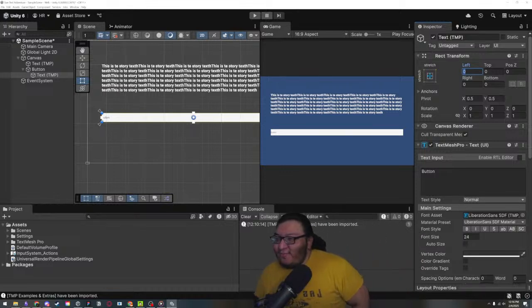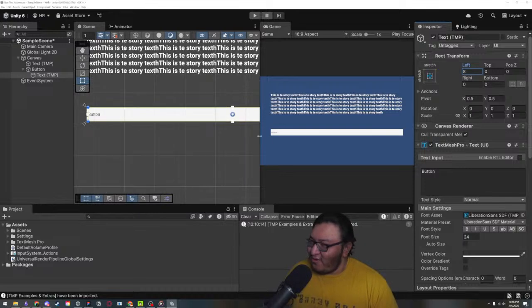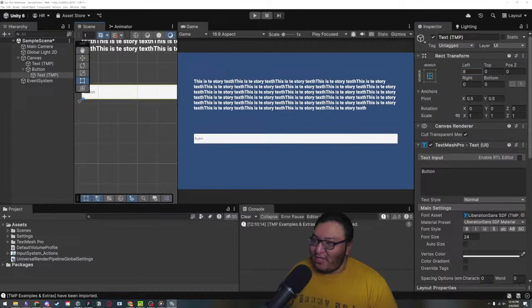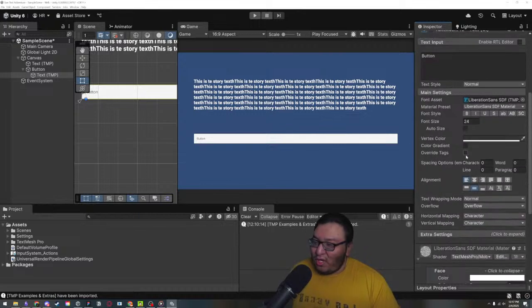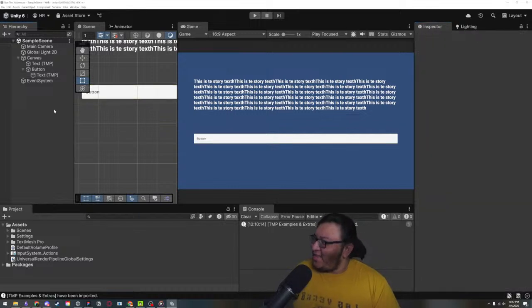Okay, so I'm going to start off with 8 pixels, and then you see it's still over here in the game view. It still looks too small, like not enough space. So let's add 16. Still slightly not enough space, and then the next is going to be 24, and now this feels more comfortable. You want a little bit of white space for your text so it doesn't mash, and then we're also going to change this to bold. So we're going to click this B, and then this is our button. And now if we click play,